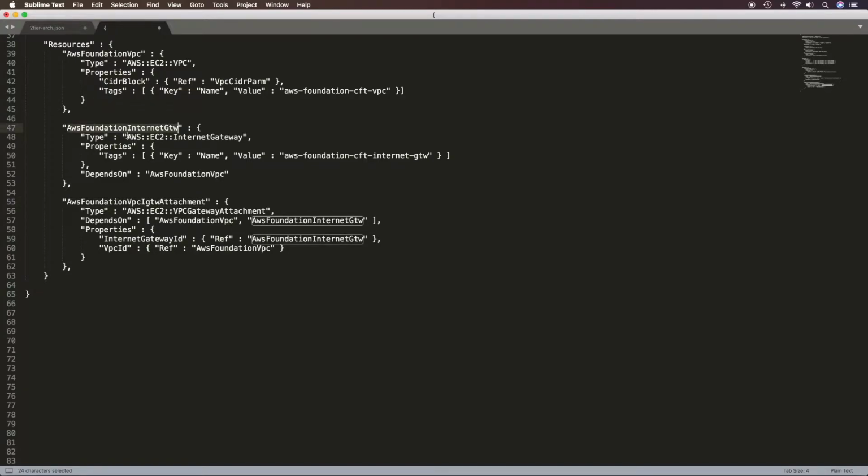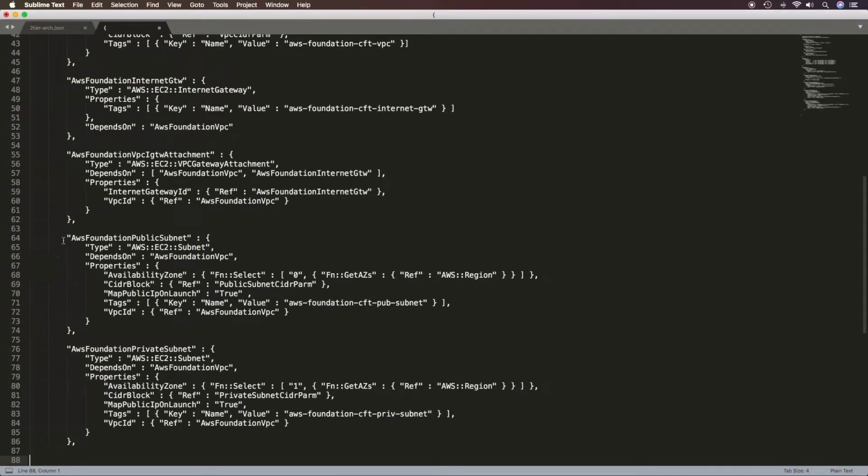Now this is the resource for internet gateway. I'm creating the internet gateway with these tags. Now if you see here, I have introduced one more parameter called DependsOn. So it is saying that this resource depends on the resource AWSFoundationVPC, which is this one, which means that this resource will not be created until and unless the VPC is created. It is not necessary to mention the DependsOn parameter. I just wanted to show you, even if you don't mention, CloudFormation will automatically take care of the dependency resolution, or CloudFormation will automatically resolve all the dependencies of the resources.